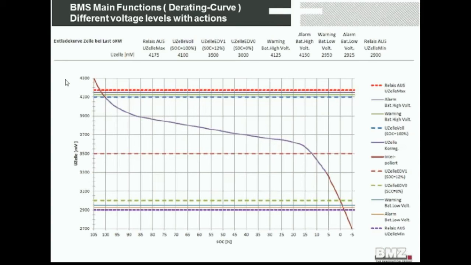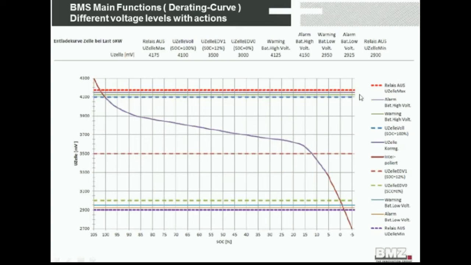But the main functions of the battery management system work on cell level. This means we live in a world from 4.1 volts down to 2.9 volts. And within this range of voltage, there are many, many different trigger levels, and all those trigger levels